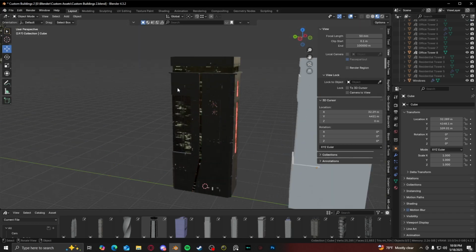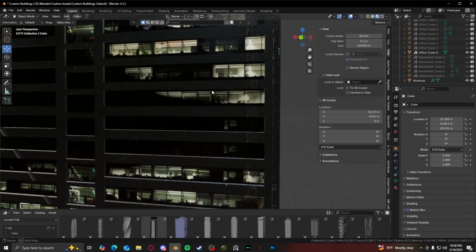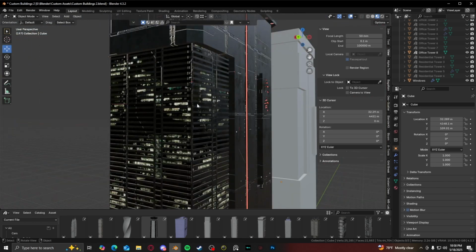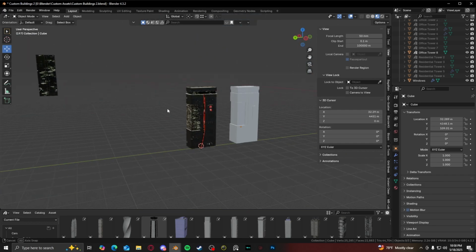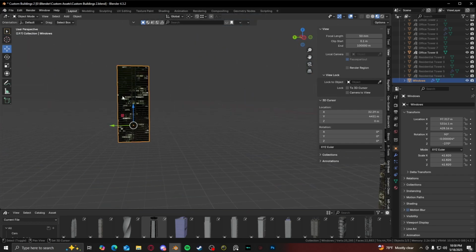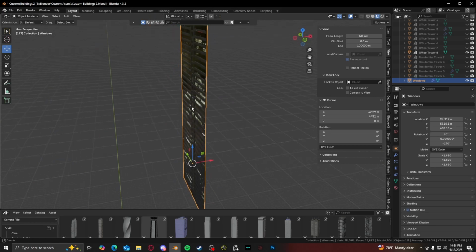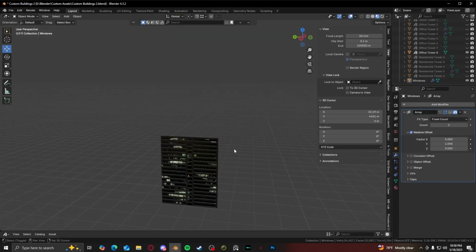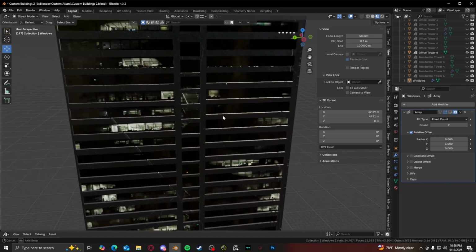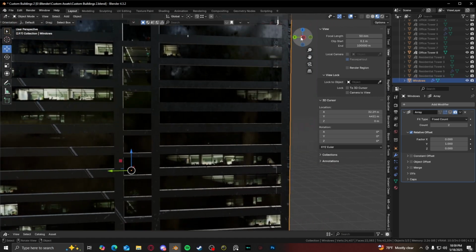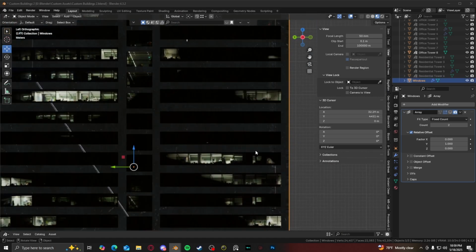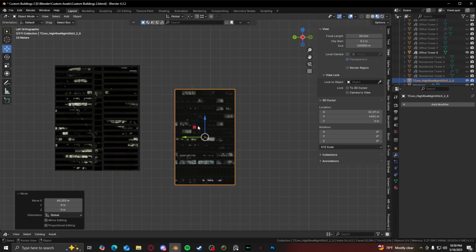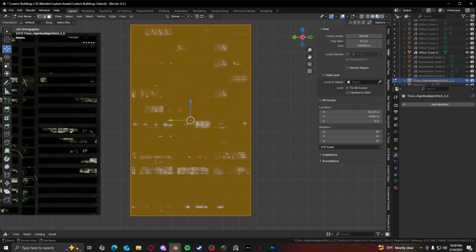The next thing I worked on was the windows right here. Usually I would use a different method to make the windows, but for this instance, I used one particular method, and it was the same thing I did for the fuse box and the door. I would just get an image texture from textures.com, and I would loop cut all of the faces. So just get an image of a high rise, just like this, and I would loop cut